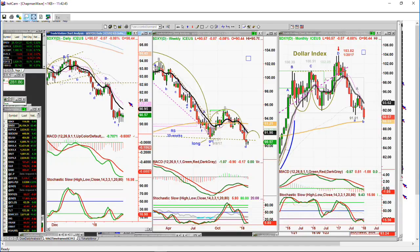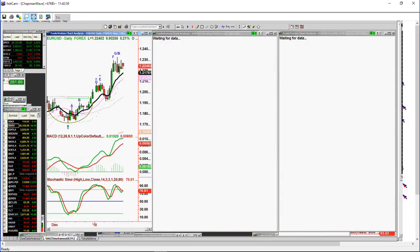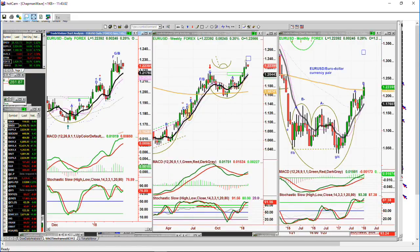9130s, 9170s, dollar doesn't seem to be participating at all. But it hasn't broken down further, and that's good. It's been stuck in this between 90 and 91 range for a while. You've got a euro up just a fraction,